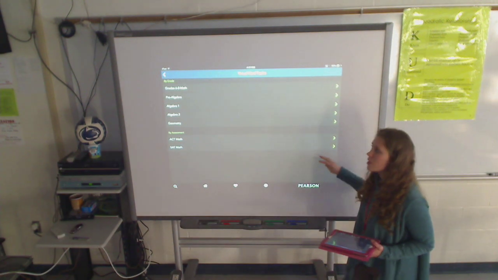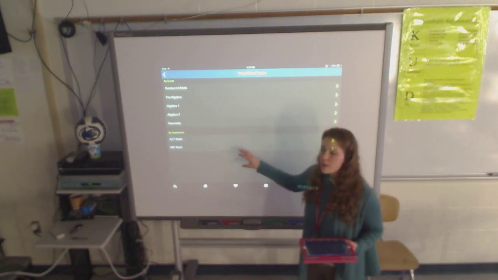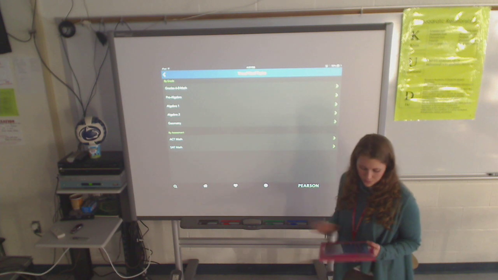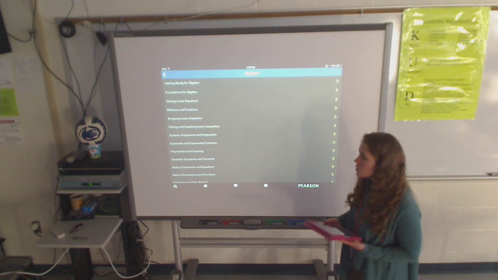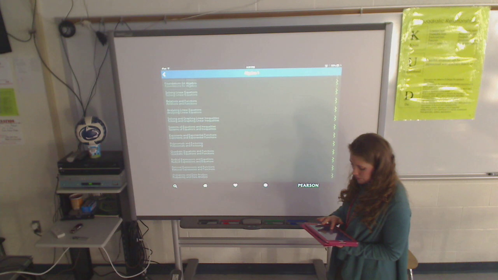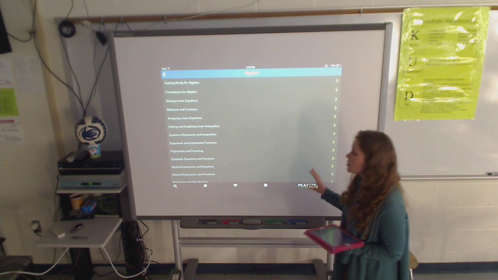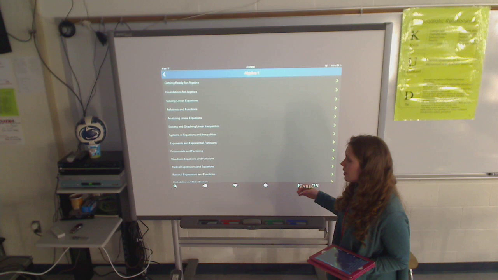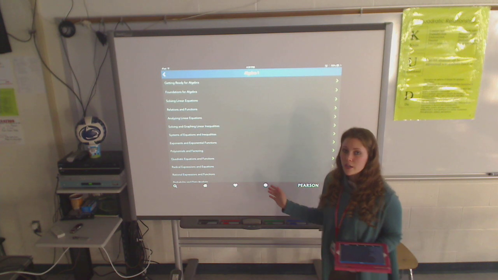When you go to this section, it'll list it by grade and then by assessment, but we want to focus on grade, and we're going to want to do Algebra 1. So when you choose Algebra 1, you're going to see a list of different subjects that might be a little overwhelming, but these are topics that we've either already talked about or we're going to talk about. And I just wanted to push you in the right direction in case you did want to use this